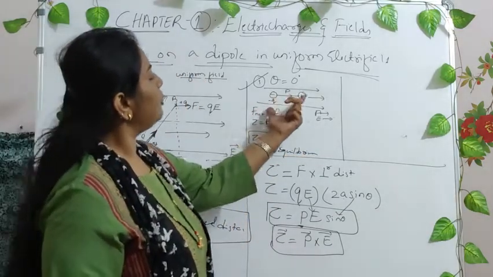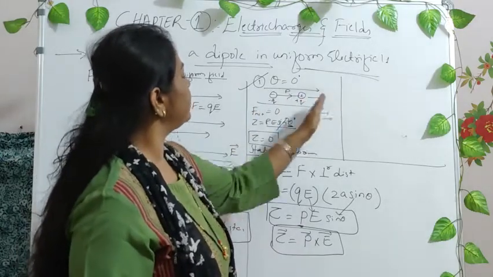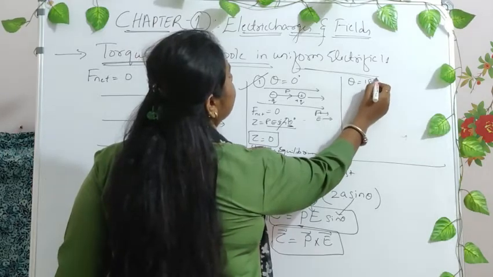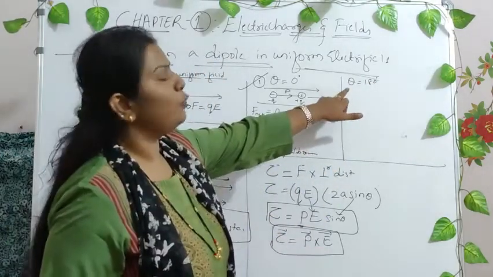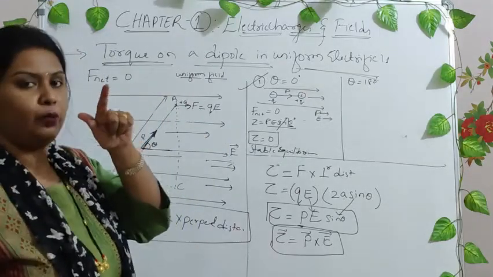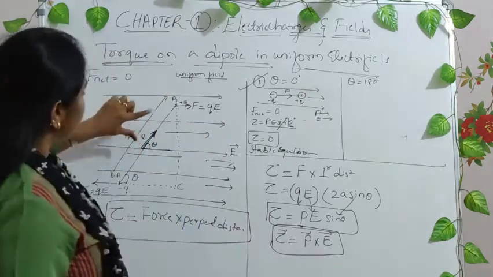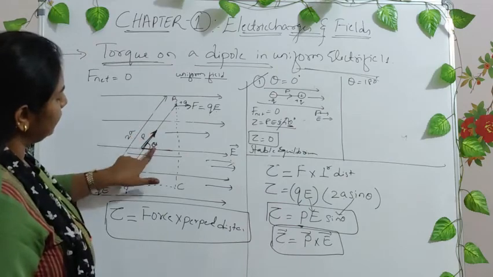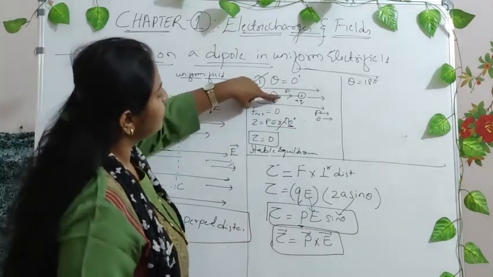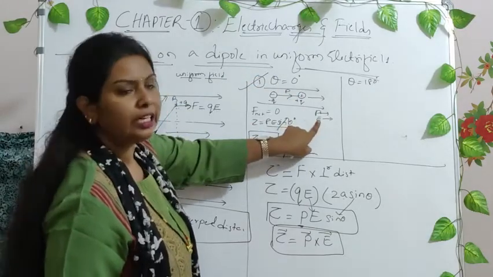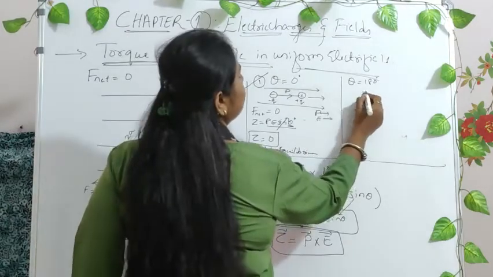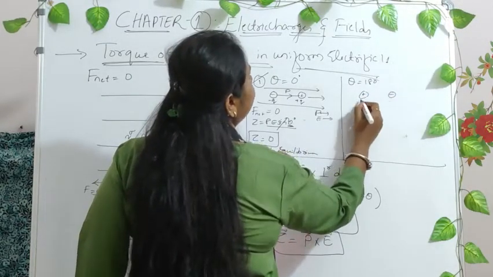You have another condition. What if the dipole is turned like this? Now here it is negative, here it is positive. Say for example theta is equal to 180 degrees. Now what is this theta? We always measure this theta with respect to the dipole moment's direction with the electric field, right? Here the dipole moment was making an angle theta with the electric field, so it was theta. In this condition, the dipole moment is making 0 angle with respect to the electric field, so theta is equal to 0.